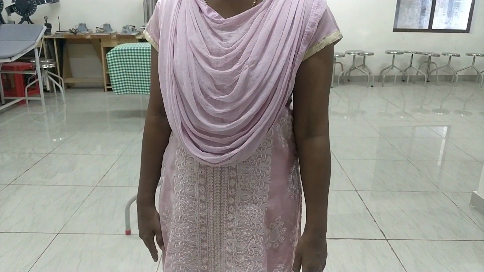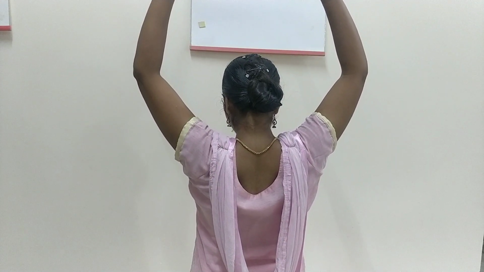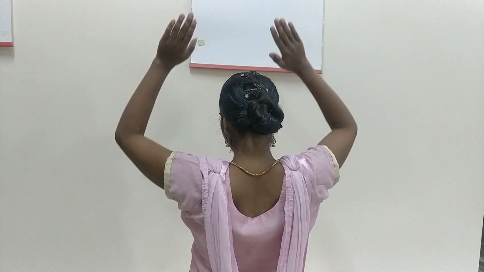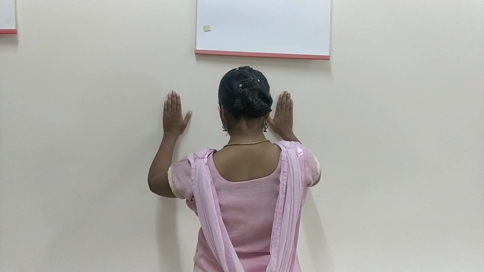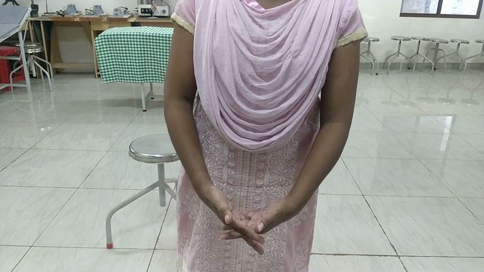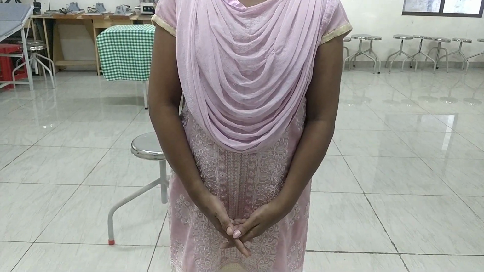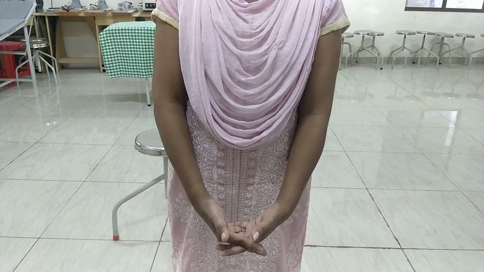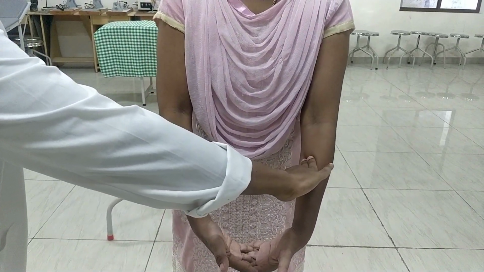Next is serratus anterior examination, where the subject is asked to elevate the arm above right angles and also to push the wall against resistance, where you have to observe for winging of the scapula if the muscle is paralyzed. The next muscle to be examined is pectorals. Ask the subject to stretch his arm out in front of him and then clasp his hands together while the examiner tries to hold them apart by offering resistance.